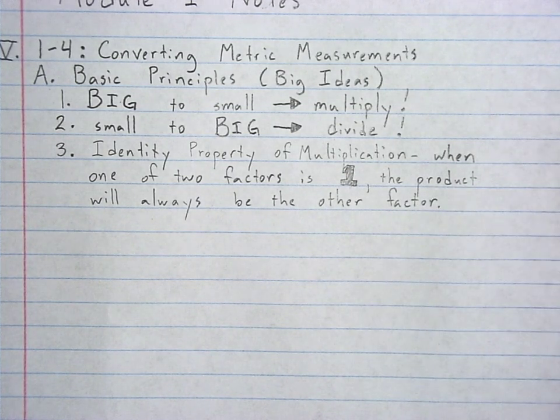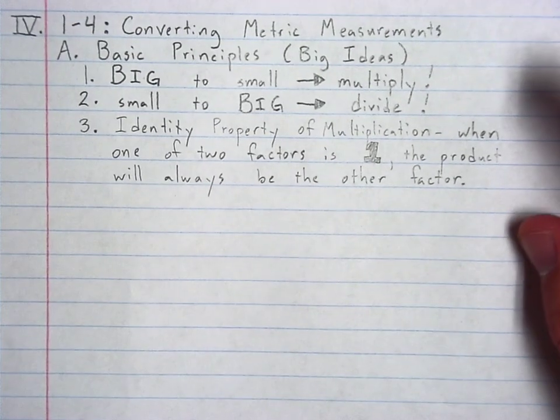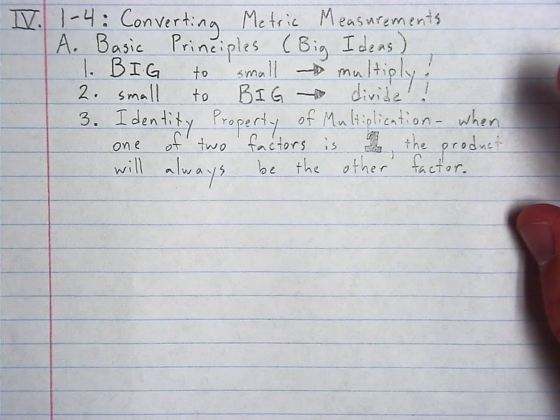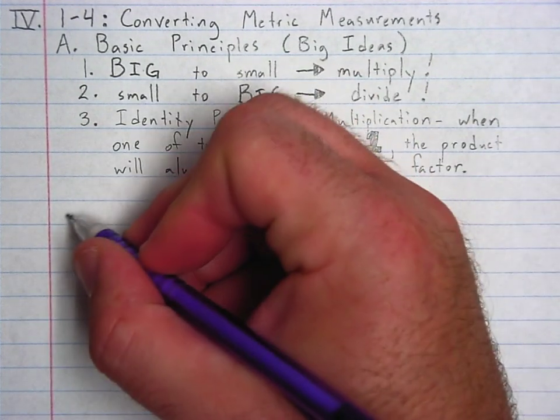Basically, if you multiply something times 1, the something stays what it was before. 5 times 1 is 5. 7 times 1 is 7. All right. Hopefully some pretty basic ideas, but I want them on the top of the paper so we have them. Moving down,